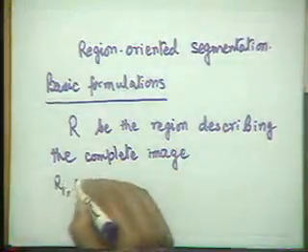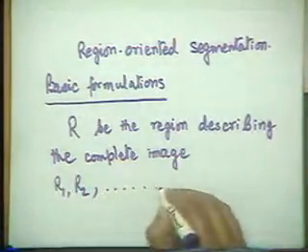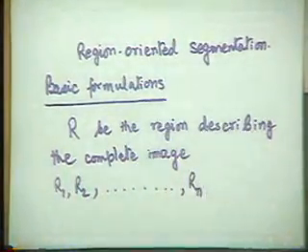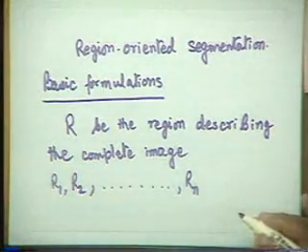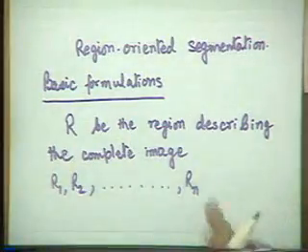All right. So let R1, R2, etc. up to Rn, that means to say we assume that there are n smaller regions or n different partitions existing in the image, so that R will be divided into all these many partitions,